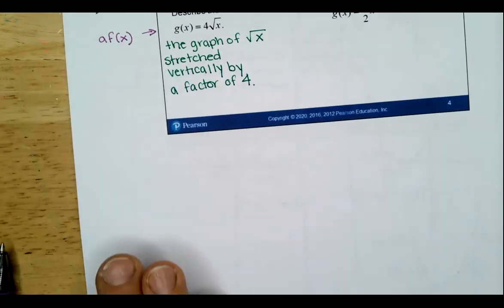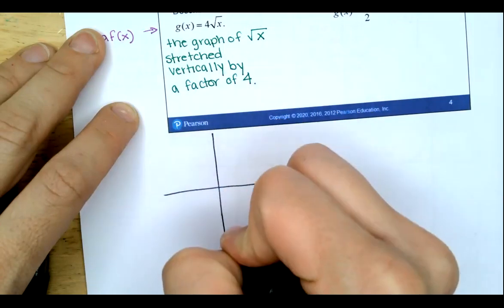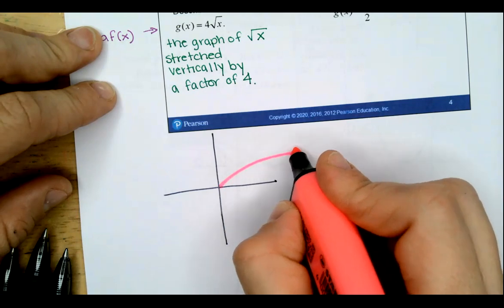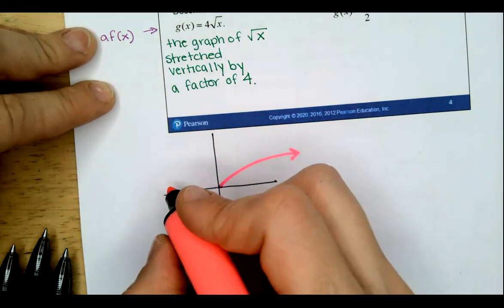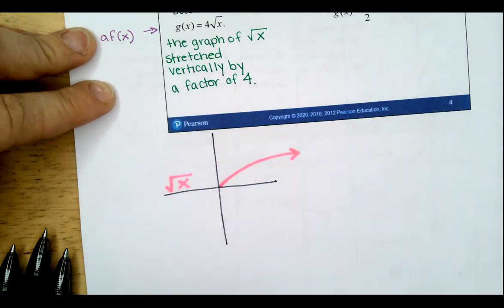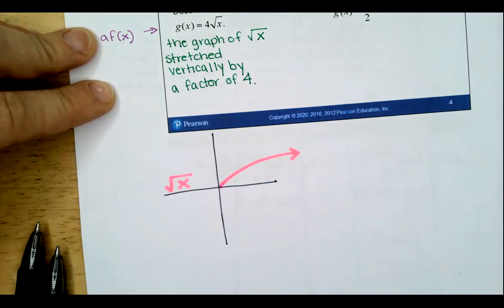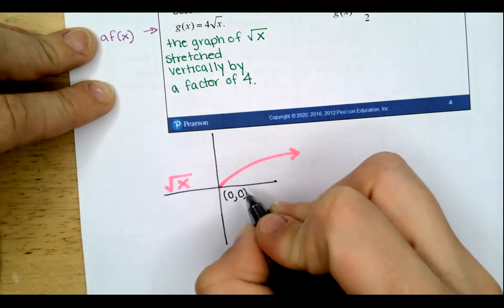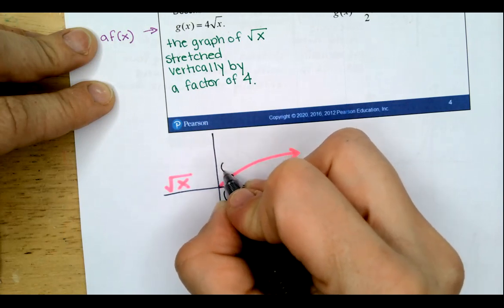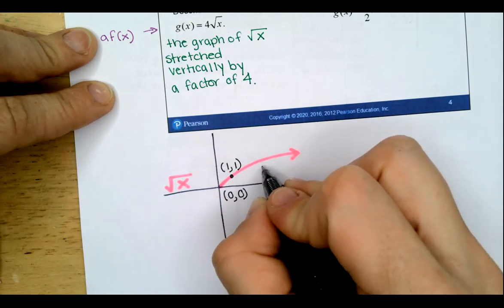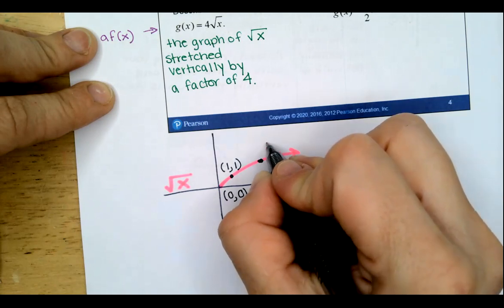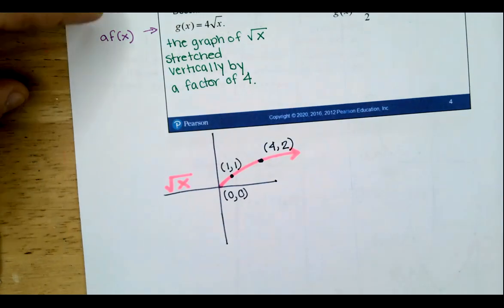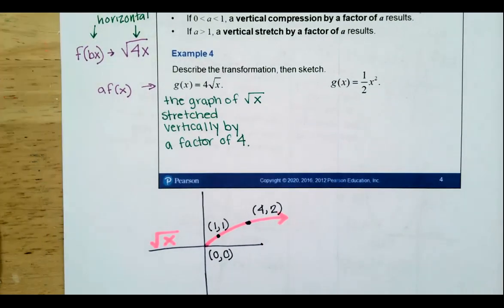Good. Then we can graph those. So here was our original. That's just the square root of x, okay? What are some points on the square root of x? The square root of x will include 0, 0. It will include that the square root of 1 is 1. And it will include that the square root of 4 is 2. Right? Okay, now, vertically stretched by a factor of 4